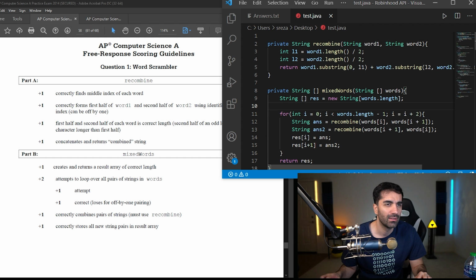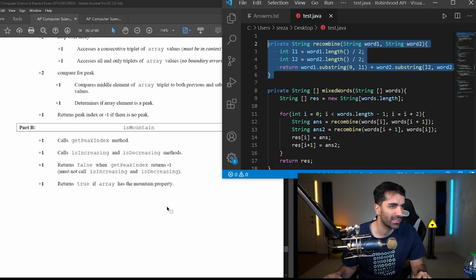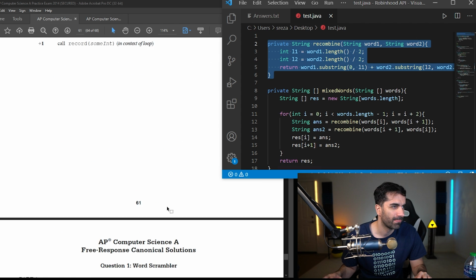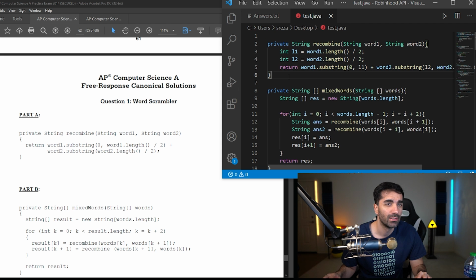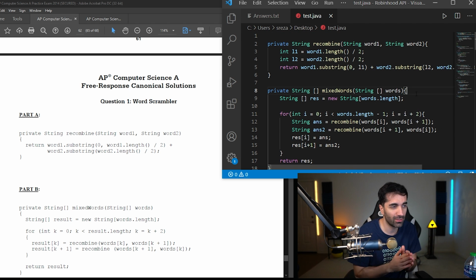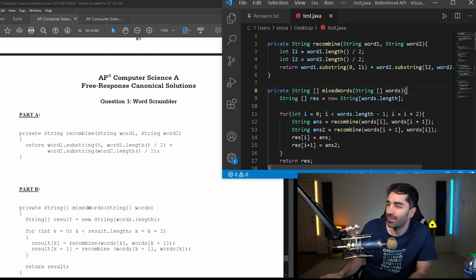So part A, I might run these through an IDE and make sure the values are correct, or does it actually give us code samples? It does give us code samples. I'm gonna pause the video, thoroughly check my answers, and I'll let you guys know the results, and then we'll wrap up the video.